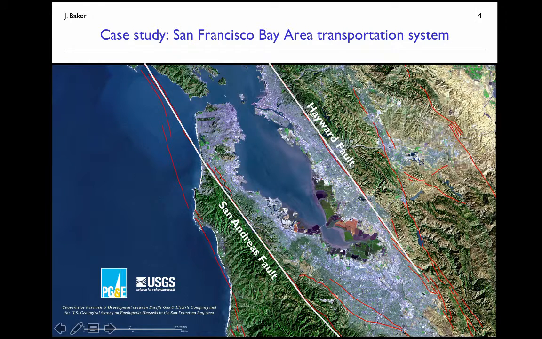There's a number of other locations with red lines marking additional active faults in the area. So you'll note there's these faults crossing all over in the area of the urban region. In particular, these faults, the Hayward and the San Andreas, travel right along the edges of the urban extent here, and in fact many of our transportation corridors move right along those faults as well. So significant exposure of transportation network assets to ground shaking and other effects from earthquakes that will occur on these faults in the future.